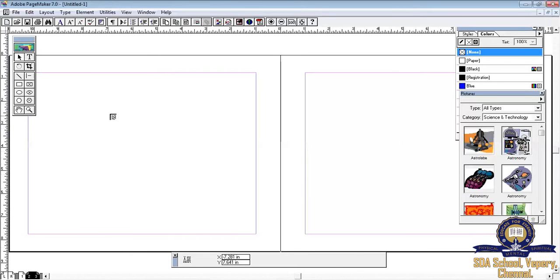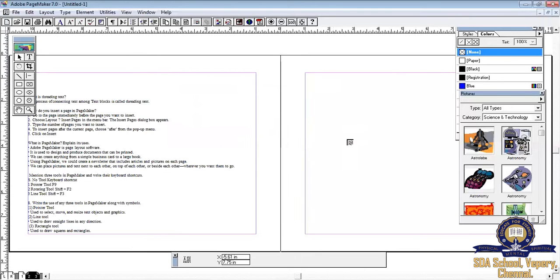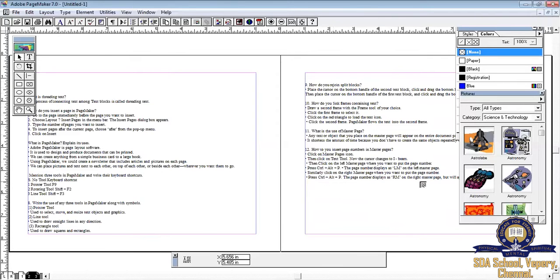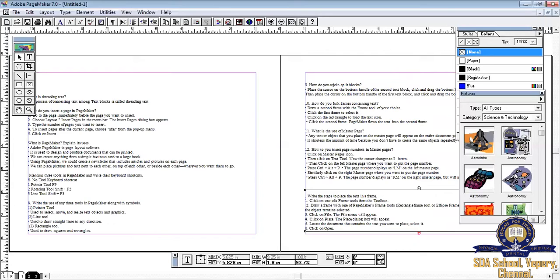Go back to your second page. Go back to your third page. Now we can see the content is being moved from the first page to the second page to the third page. See, the content is being moved not automatically, but manually. We are moving the text from one page to another page by choosing the text block's inverted red triangle and loading the text icon in different pages. Right? This is manual text flow.